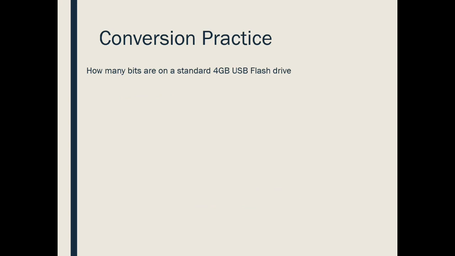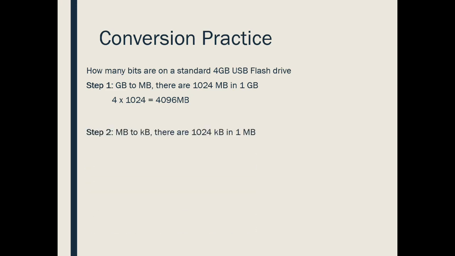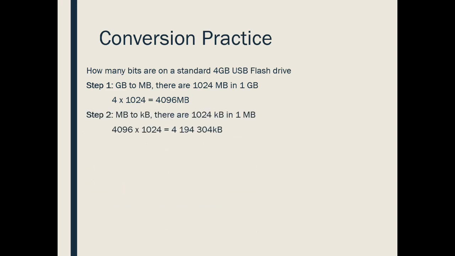So how many bits are in 4 gigabytes? We start at 4 gigabytes, and from gigabytes we got to go to megabytes. So from gigabytes to megabytes, we're going to multiply by 1024, and we're going to get a value of 4096. Now we got to go from megabytes to kilobytes. So we're going to multiply 4096 by 1024. So now we're at